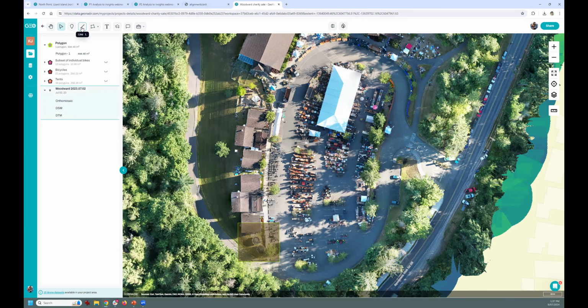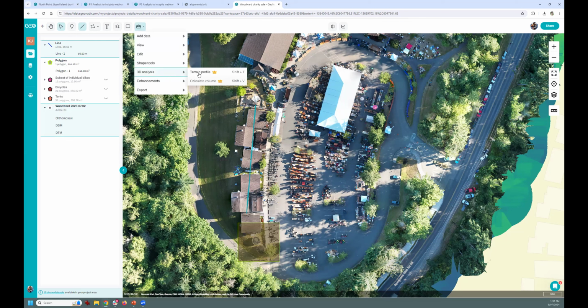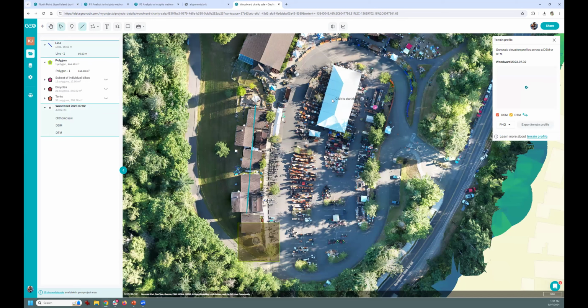If we were to create a line through, say, these buildings here, and so I'm multi-selecting the line and the data set here. You'll see this little terrain profile pop up here, or you could also access it through the toolbox as a 3D analysis. So I can click on that. And what that does is it looks at the elevation there,